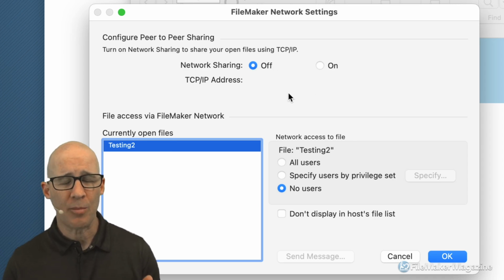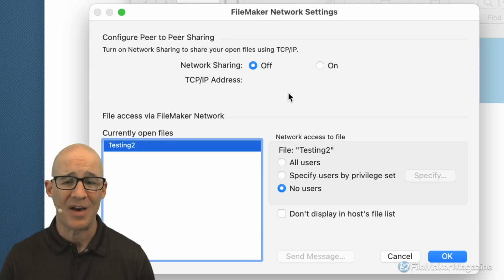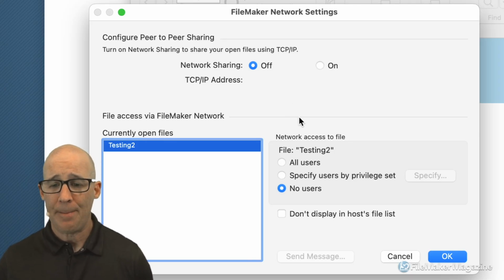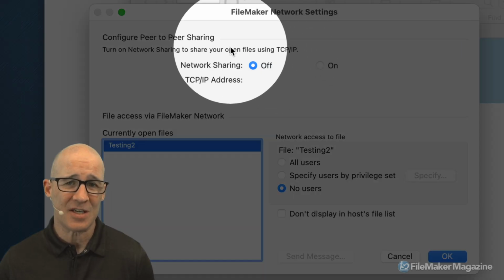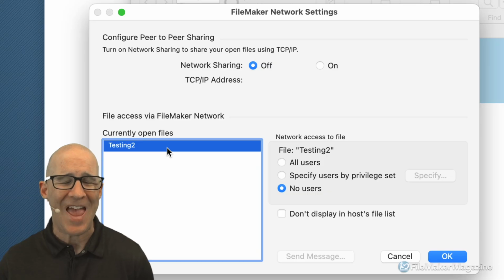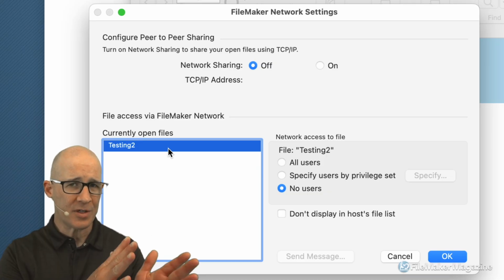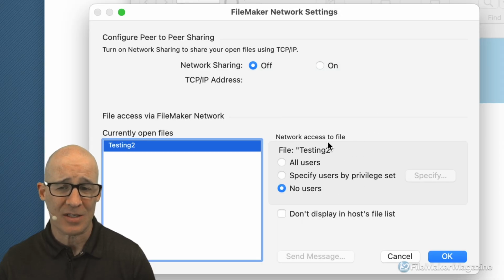And that's where you're able to use peer-to-peer still to this day. They haven't actually turned it off, but it is still working. Just don't be surprised when they do turn it off, or this doesn't appear here in this area. But one of the things that we can see is with any given file, whether it's hosted or local, we have the option to set the network access to this file, which deals with the peer-to-peer,